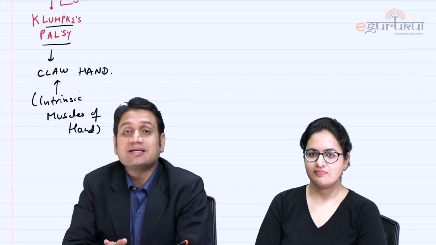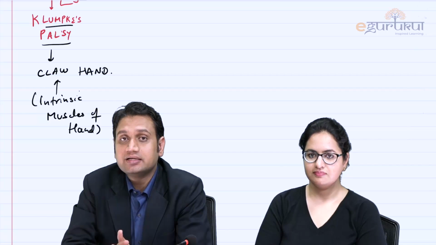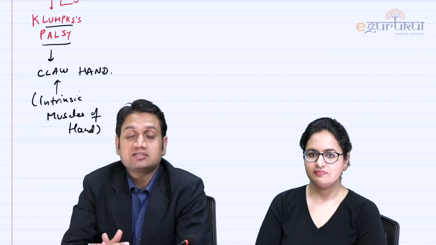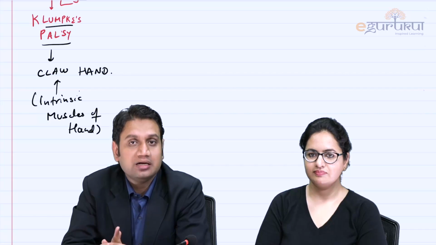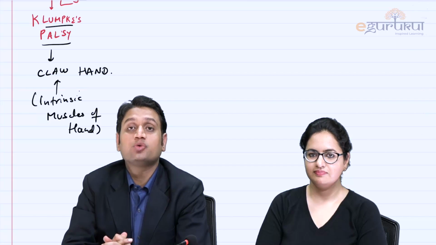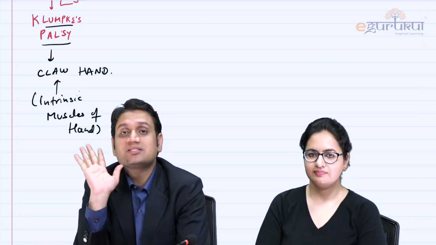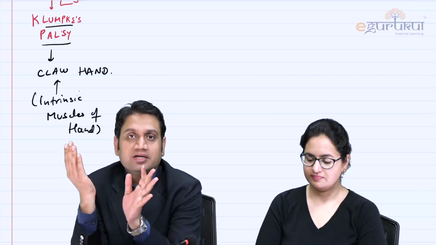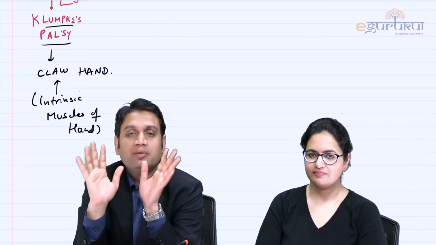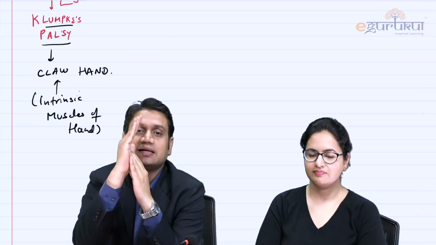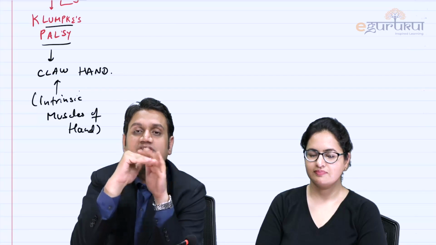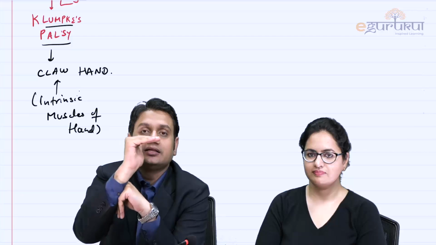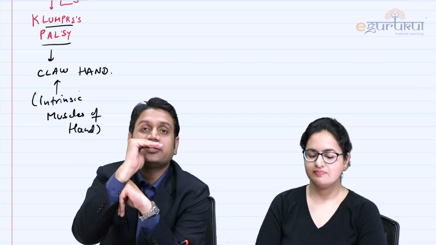Now, why claw hand? Because the intrinsic muscles of the hand, how many are they? I get different responses in different classes. Some say 10, sir, somewhere around 12, 15. So all in all, they are around 20 in the hand, right? And what is their function? Function is very simple. If I tell you a broad function, fine movements and all are different. One broad function is to keep a flexion at the MCP joints and extension at the IP joints, the combined action of the lumbricals and the interossei.